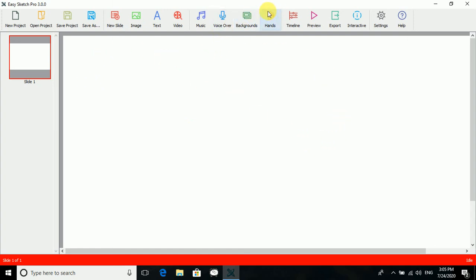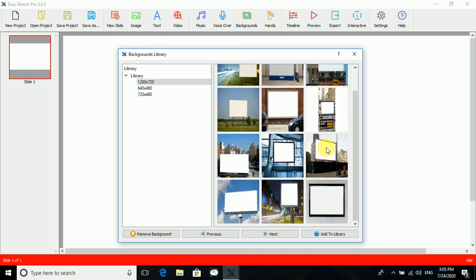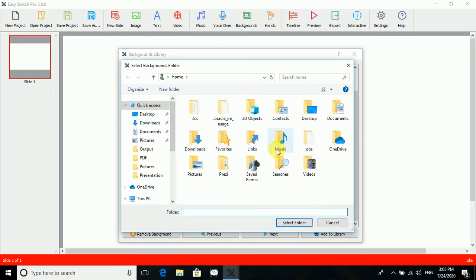Now what we can do over here, first of all, if you want to give any background, you can take the one which is already there over here or you can add it from the library. Click on add the library. We will have some options.